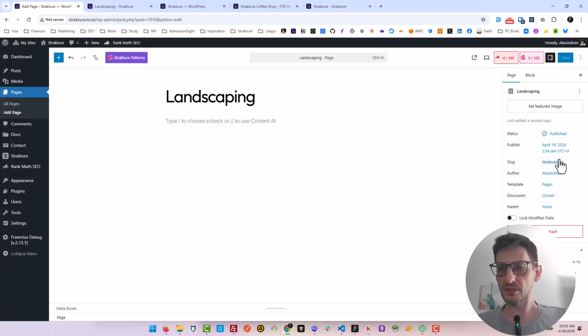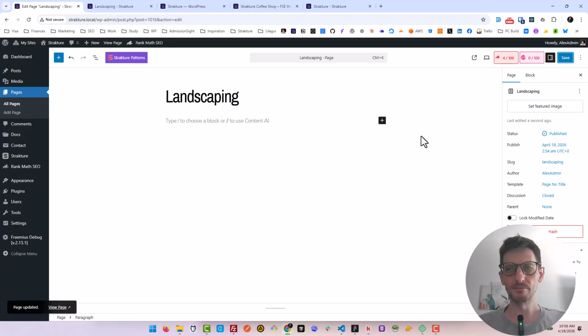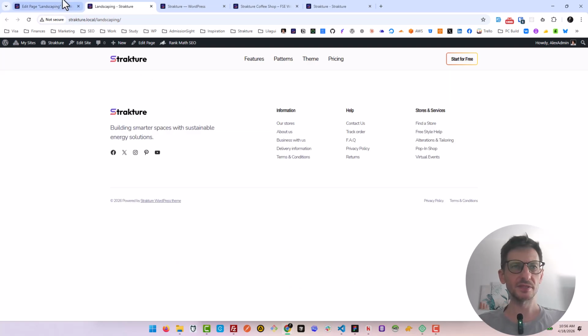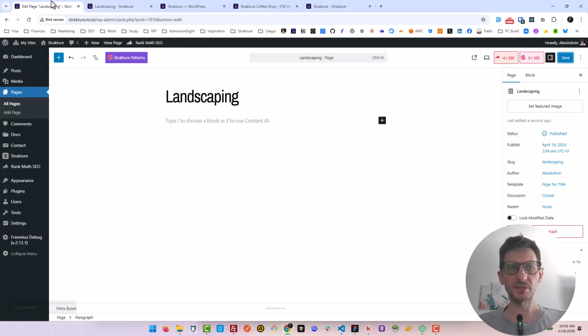So let's try to switch it, to change it. Now I switched to the page no title template. Let's try to refresh and see how it looks. Yeah, and as you can see, we have a completely empty canvas here, so we can start adding any blocks here,